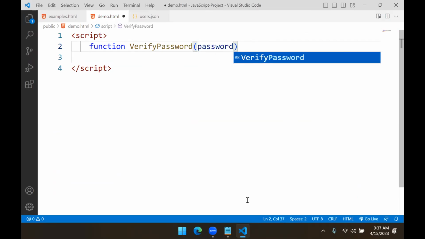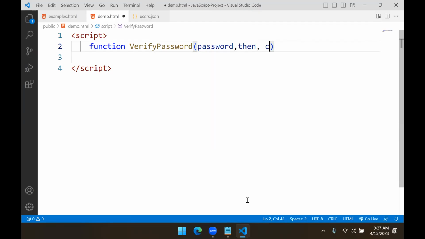After that, this password may return true or false, correct or not. If the password is correct, what should happen? If not correct, what should happen? Two functions I have to execute. Then I will write like this. I will write temporarily,